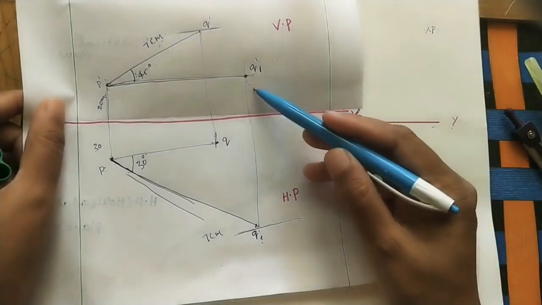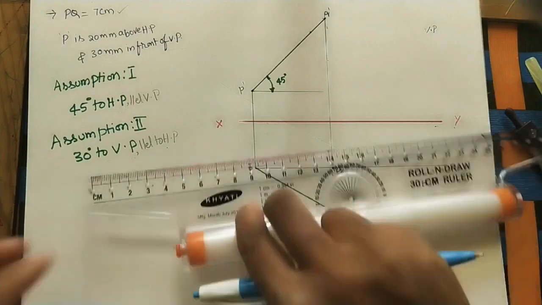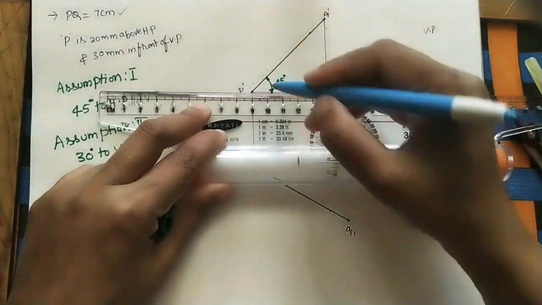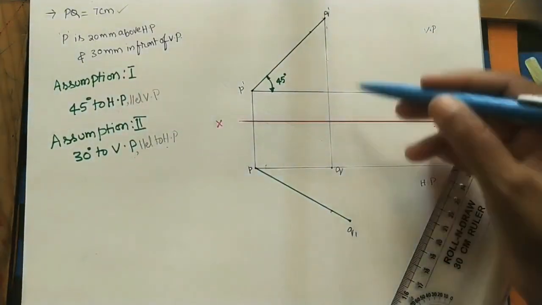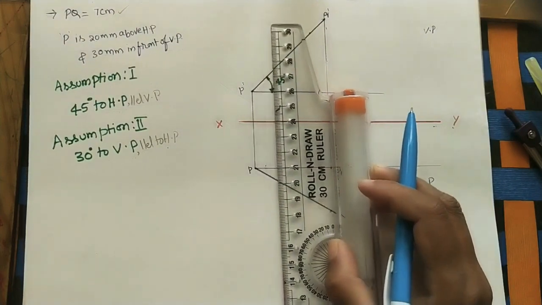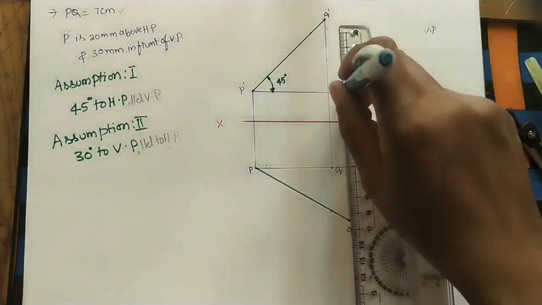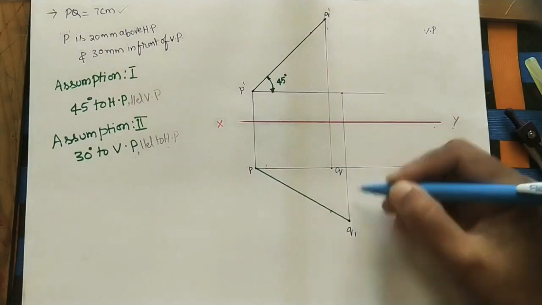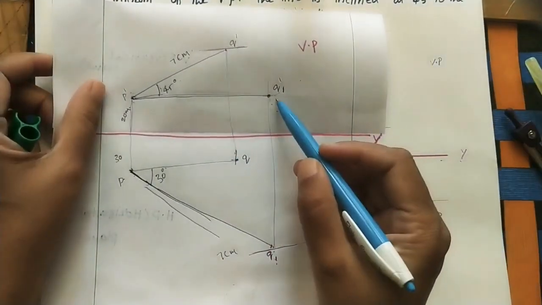Now do the projector line at Q1 up to this P dash horizontal line. Okay, so extend this line. And here at Q1 extend the projector line. Take this as a reference. And at Q1 do the projector line. So this is the Q1 in the front view. It is Q1 dash. Okay, so we got Q1 dash.